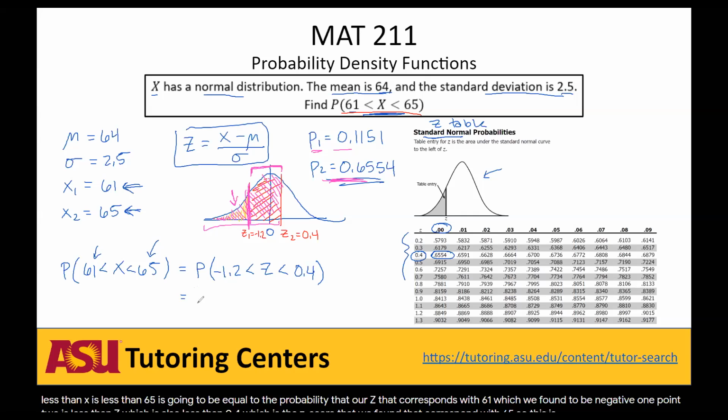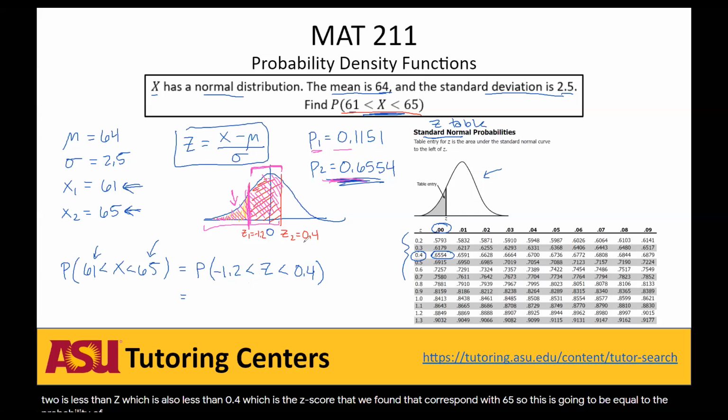So this is going to be equal to the probability of our second, so our higher value here, since we're using a left-sided table, so P2, minus the probability corresponding to the left of our Z1 score here, P1, which is equal to